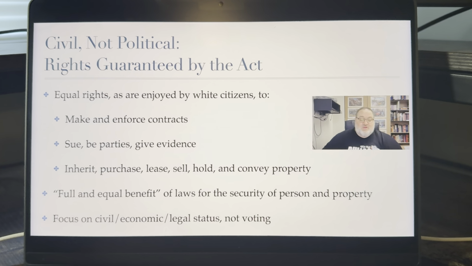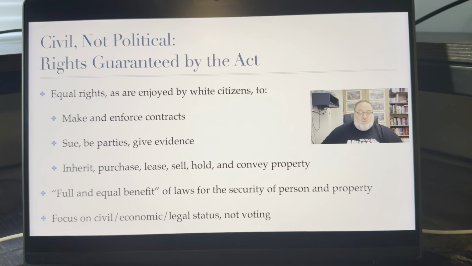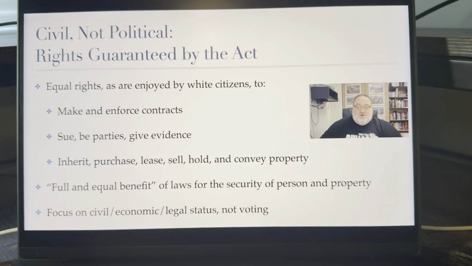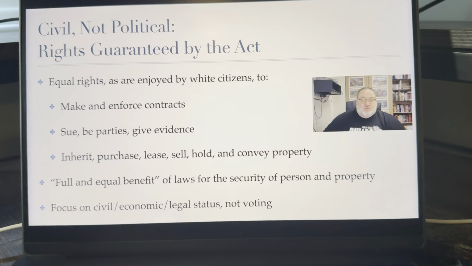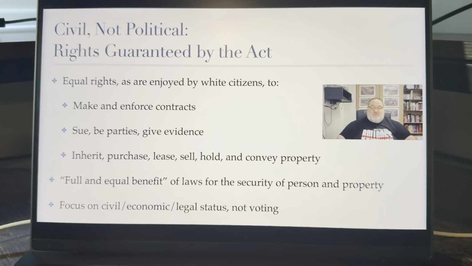Notice what this list doesn't include: voting, office holding, jury service, and school integration. The act is overwhelmingly focused on what we might call civil and economic rights. Political rights will be addressed more directly in later measures, especially the 15th Amendment. So we see a particular theory of what's most urgent: access to markets and courts as a starting point for